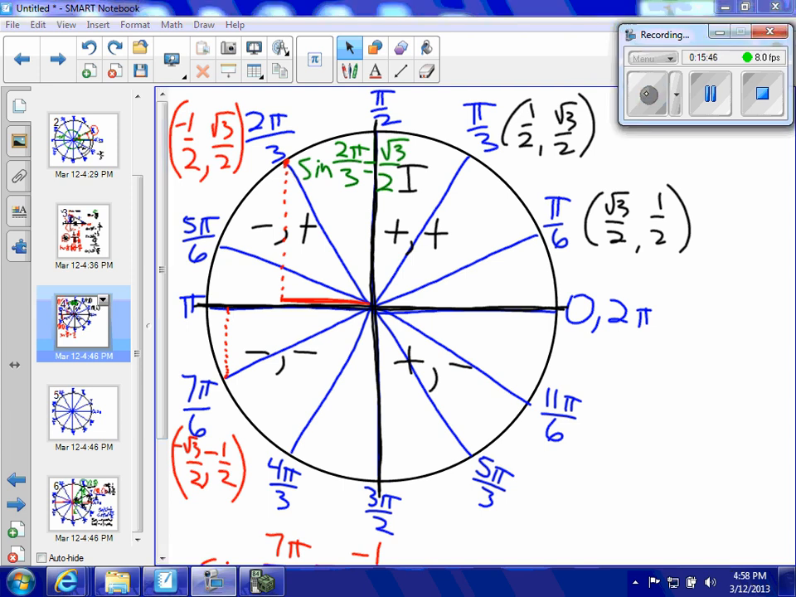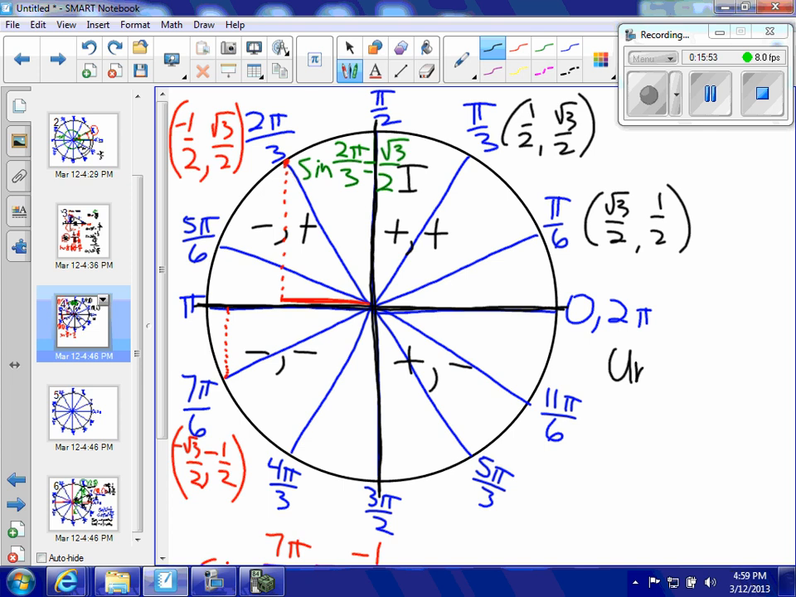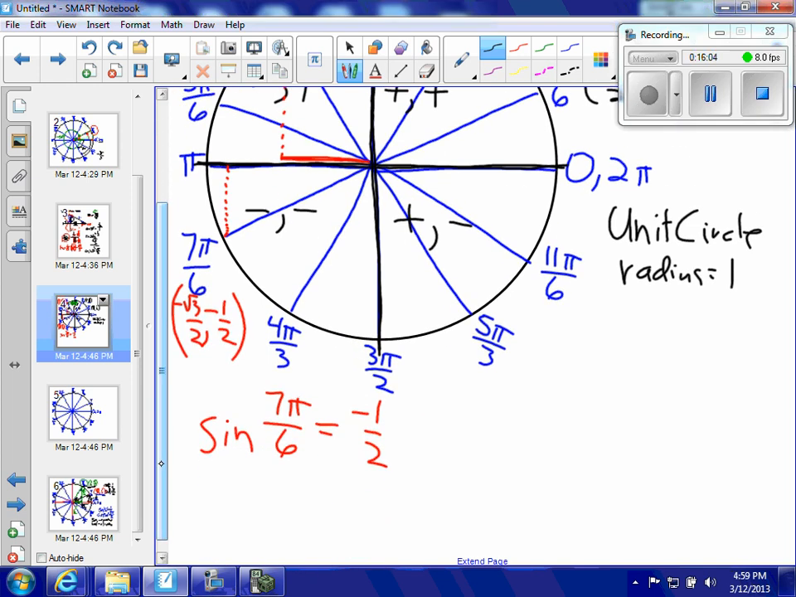So to briefly summarize here, when you're working with a unit circle, I'm writing unit circle, by definition, radius equals 1. Sine is the y-coordinate. Cosine is the x